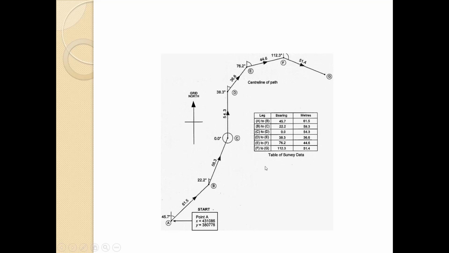So when we know the point A, that is at this coordinate, we can find B with this angle and the measurement. We can mark from A to B with these two, that is the angular measurement as well as the linear measurement. So this way the compass and chain surveying has been done.